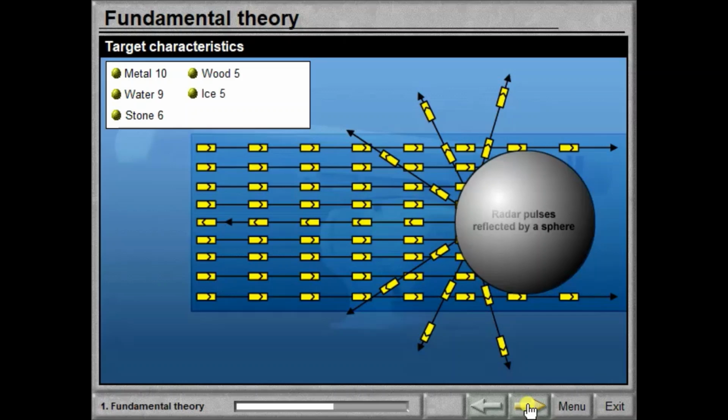If, for example, the detection range of a target of metal is 10 nautical miles, then the range of a target with the same size and shape but made of stone is approximately 6, of water 9, and ice or wood approximately 5.